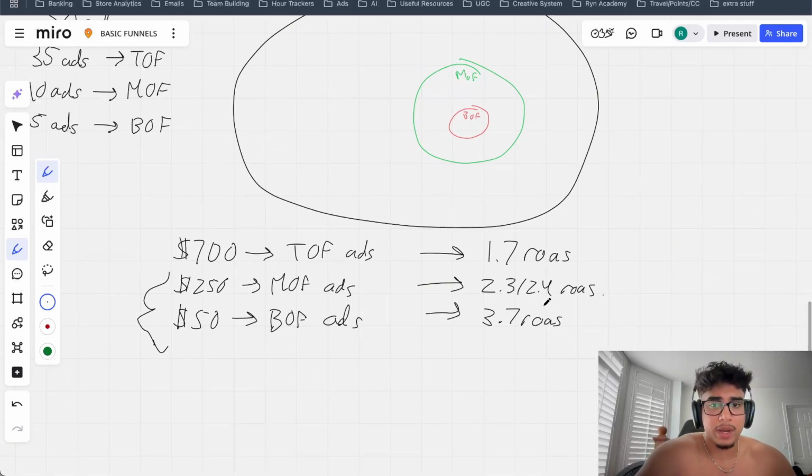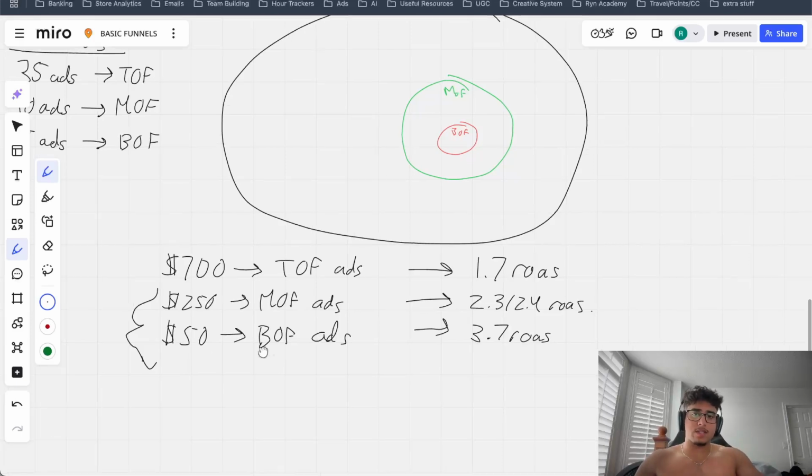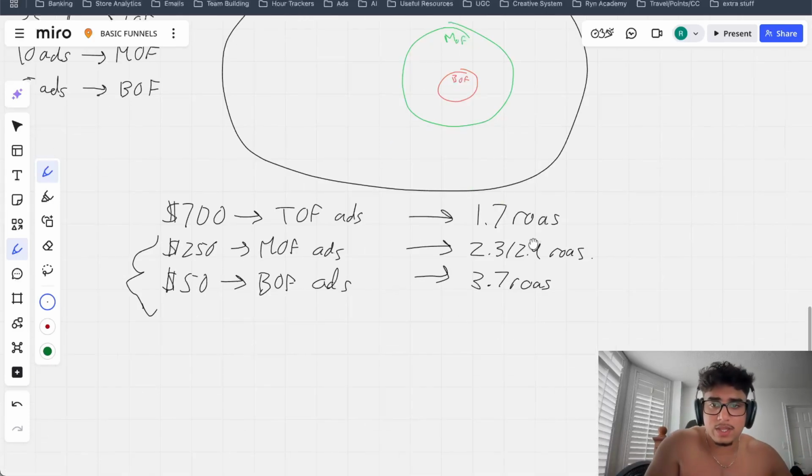Now the reason why these perform better is because there's less qualified people for those ads to convert. Does that make sense? Same way the bottom of funnel ads are like an offer. Imagine telling somebody, hey, buy my product, it's 50% off, and they don't even know what your product is. I don't care if you give me 90% off. I'm still not giving you that 10%. I don't need your product. Why would I need your product? I don't know anything about it. I don't know what it's going to help me with. So that's why these ads are going to get a lot less spend,